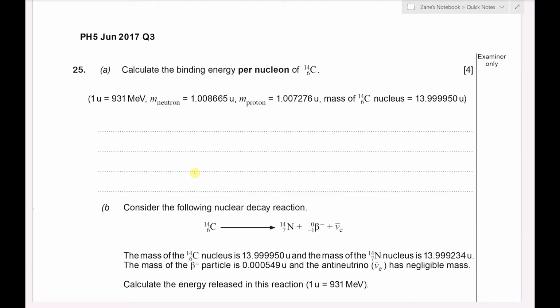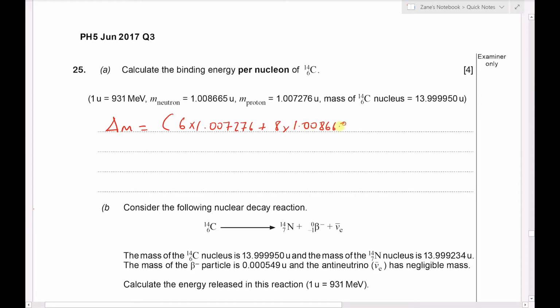The way that we do this is very straightforward. We add together the masses of the particles that make up the nucleus first of all. So we're going to add together 6 of the protons and 8, because remember the mass number of 14, take away the atomic number of 6 gives you the number of neutrons. So 8 lots of 1.008665, and then we're going to subtract from that the mass of the right hand side, the